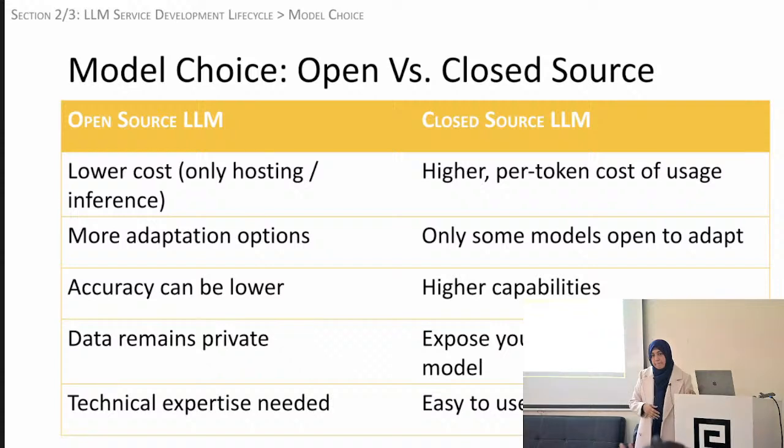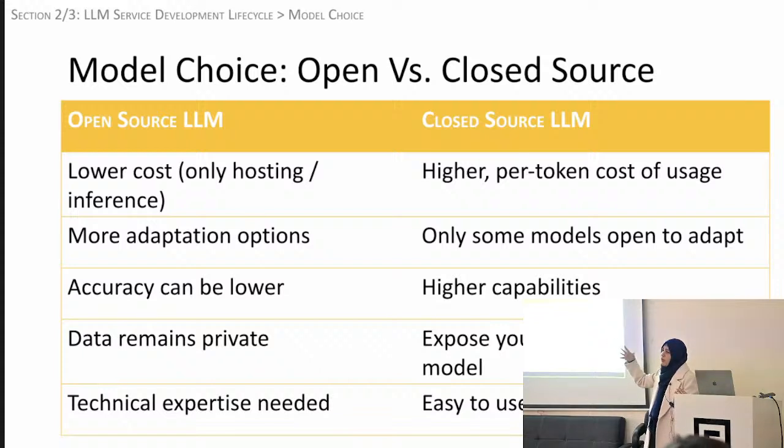Okay, so it's not free, but I think it would be useful to see, maybe in a subsequent presentation, some quantification of the comparison. Yeah, makes sense, sure. Okay, so in general, open source LLMs will cost lower because the closed source ones will charge you per token. A token is like three-quarters of a word. We use that pretty often in LLMs. A token is like a word in the LLM vocabulary, right? So roughly you can think of them as words. So there's a per token cost of usage there.